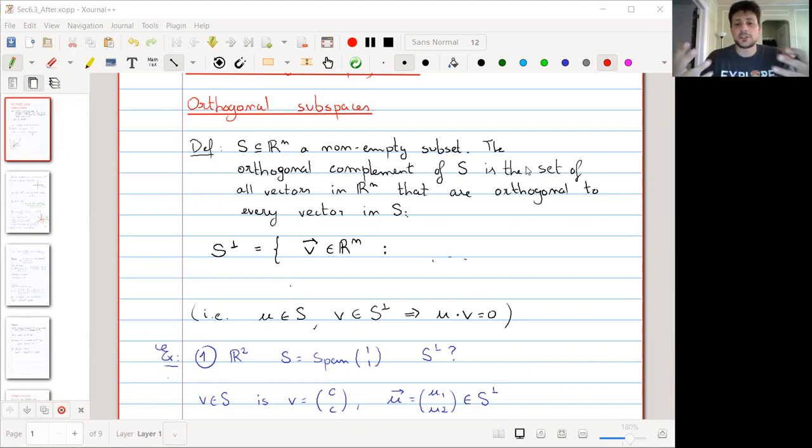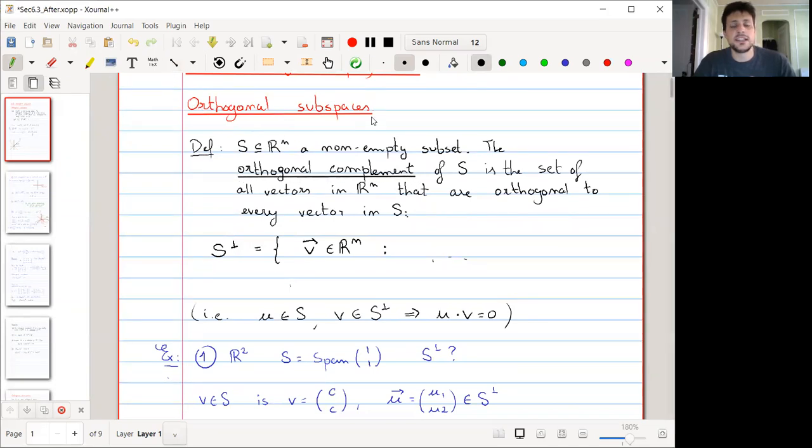Suppose you have some vectors inside Rn. Given that set of vectors, we can define its orthogonal complement as the set of all the vectors in Rn that are orthogonal to the given vectors. Written in mathematical language, it's the set of all the vectors in Rn. We denote it by S with a little perpendicular sign up here. It contains all the vectors V in Rn such that V is orthogonal to U